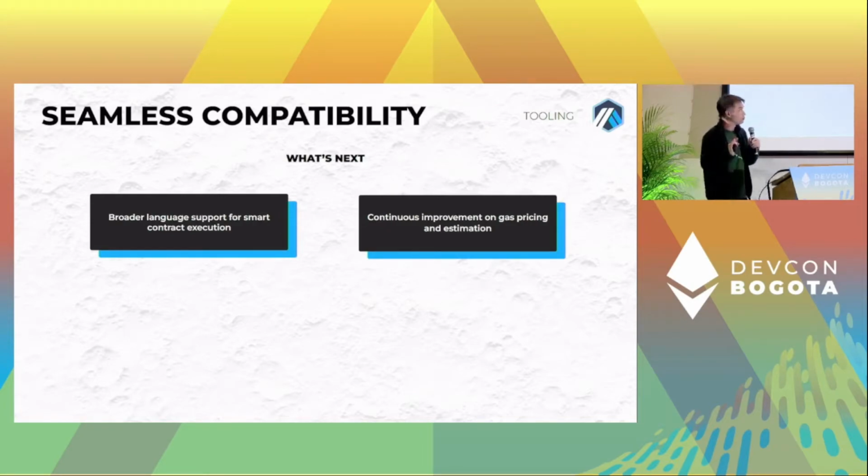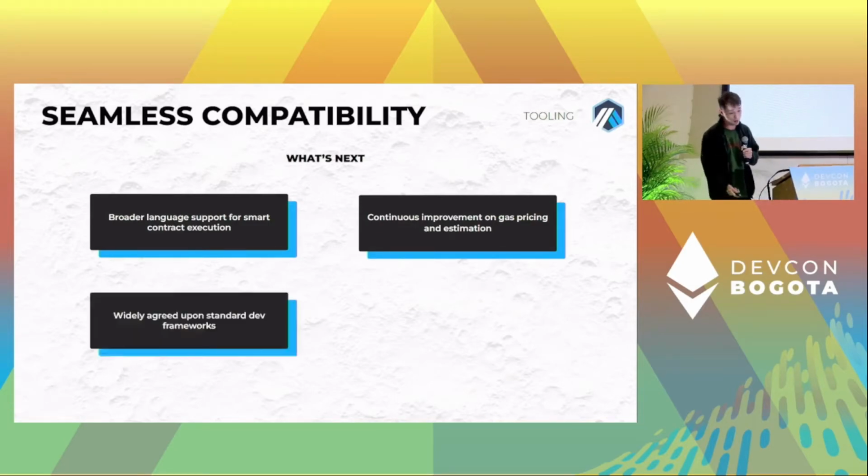Again, right now on Arbitrum, we have two-dimensional gas. We price L1 call data posting costs separately from L2 execution costs. This is something that, if you're a developer, if you're a project doing a lot of things, estimating and getting accurate pricing for the gas as time goes on, especially with high volume, is really difficult. So making that better and working with wallets to have different standards with transaction types is something that we want to push for.